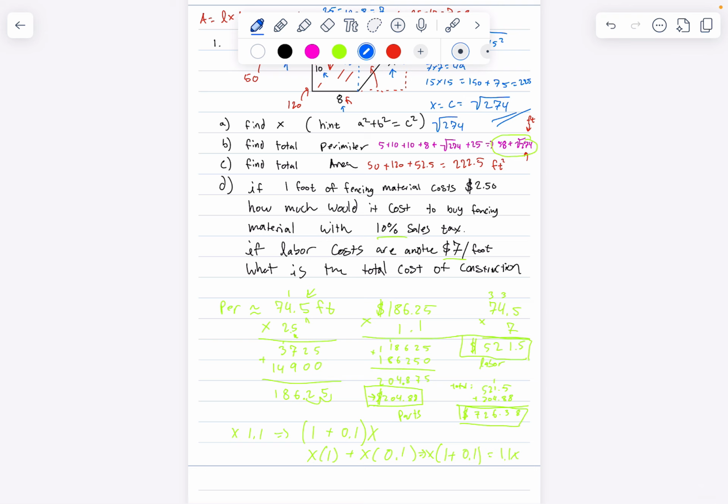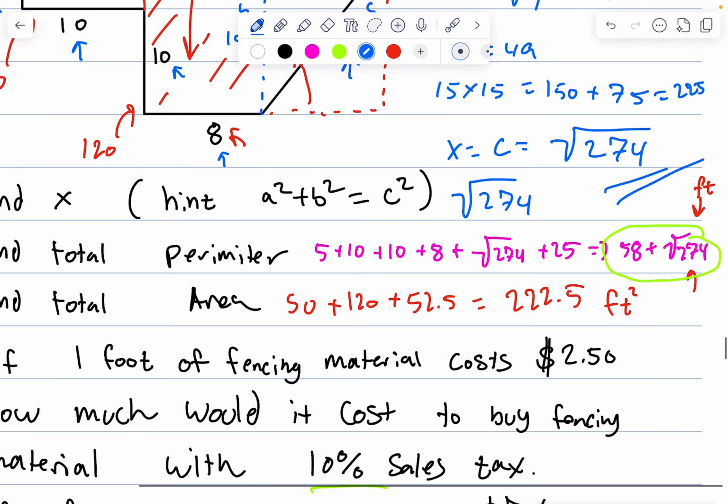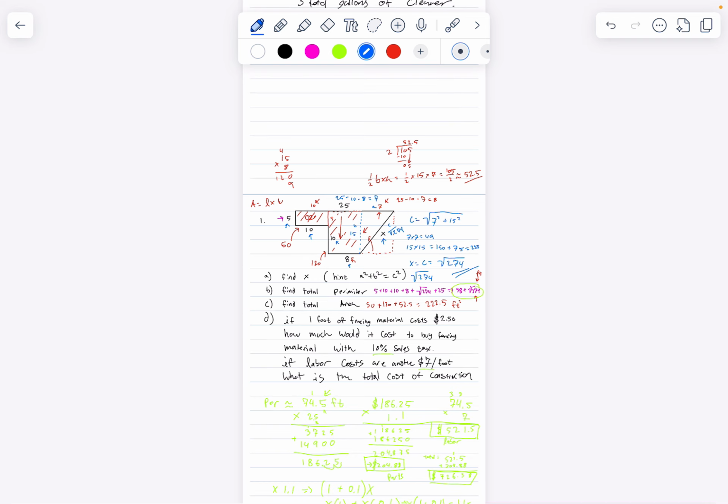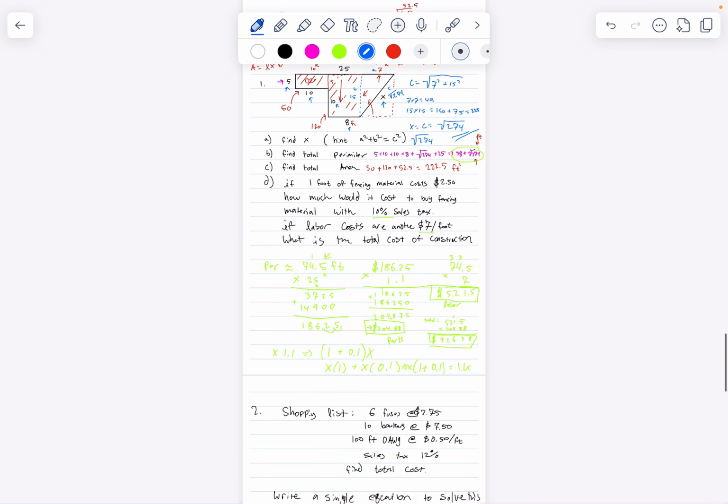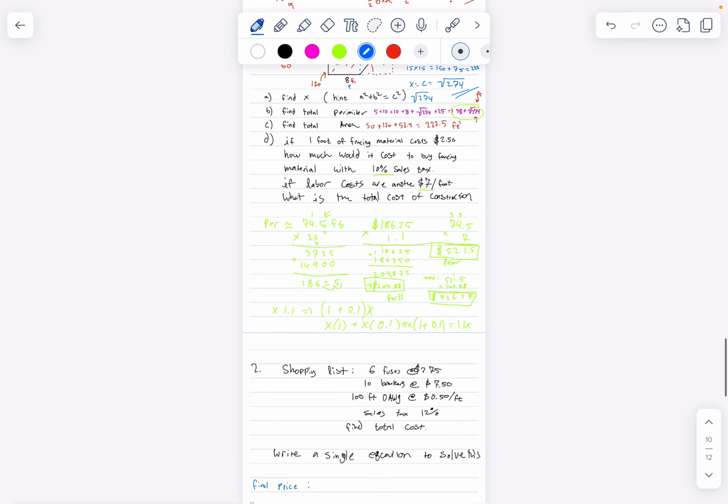I think my biggest mistake for giving you this homework problem is this square root 274 number. But just don't get lost in the sauce sometimes, right? You'll get lost in the weeds when it comes to your job. You're gonna do a lot of estimating, right? The perfect numbers aren't gonna be really useful a lot. You're gonna have a lot of estimations, but I guess that's probably not useful when it comes to an